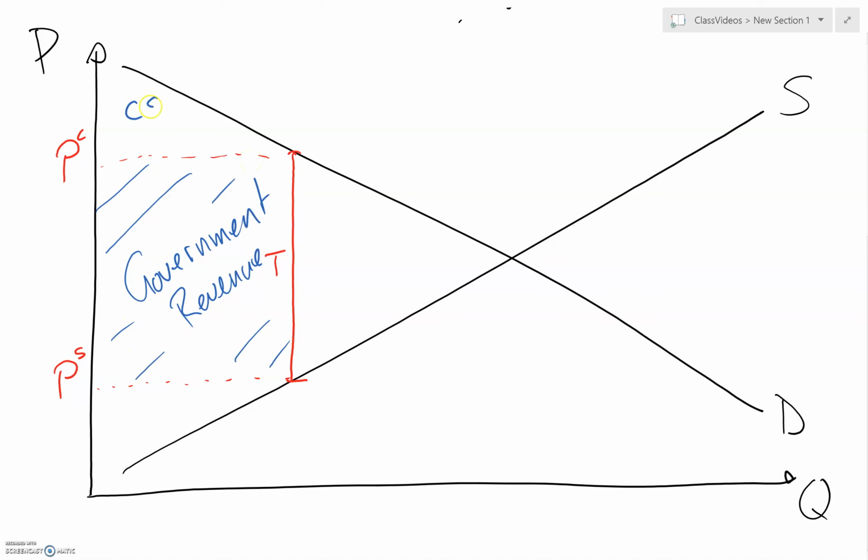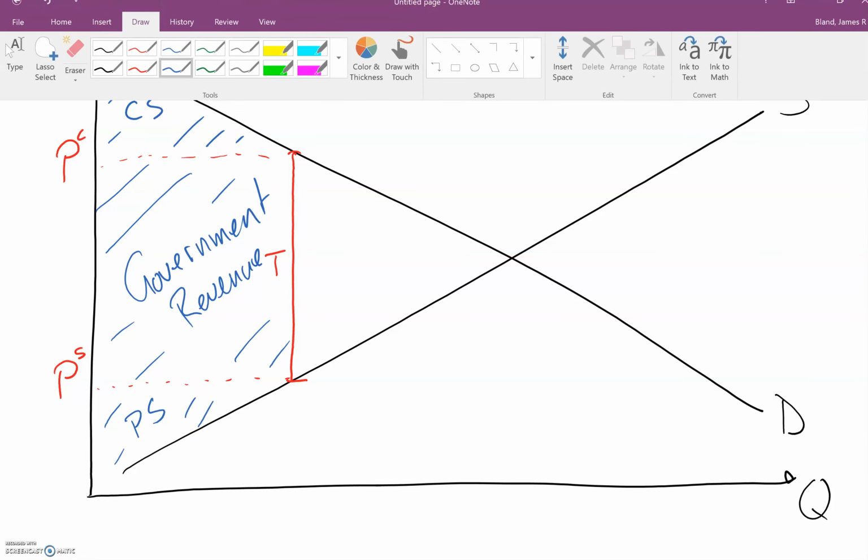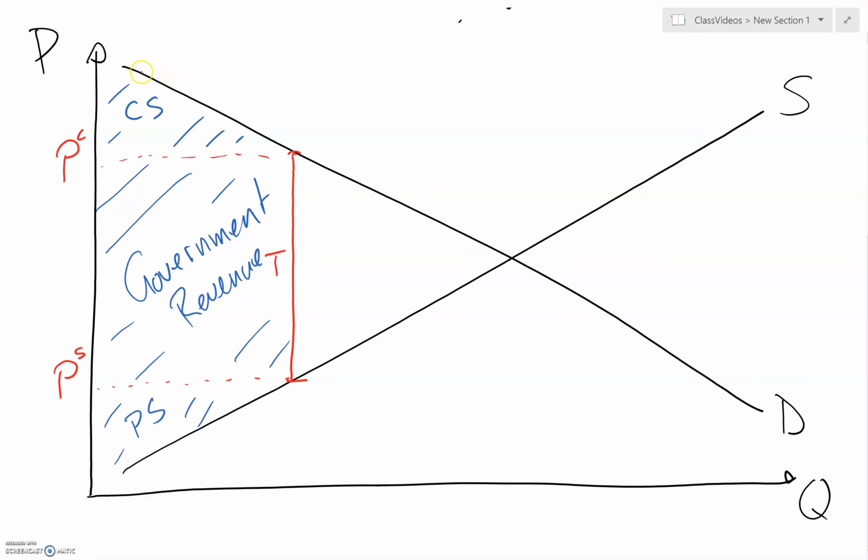Up here we have consumer surplus, and down here we have producer surplus after the tax. Okay, which means that the triangle to the right, so here's quantity with the tax, and here is quantity without the tax. This triangle here